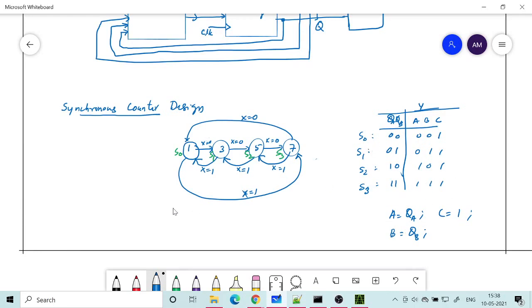So all you need to do is this state diagram. I have already shown you how to design a state diagram. So this is a synchronous counter, and if you want other counts to be included, then the state diagram will change accordingly, but it is nothing different from the procedure that we have already seen. It's identical.